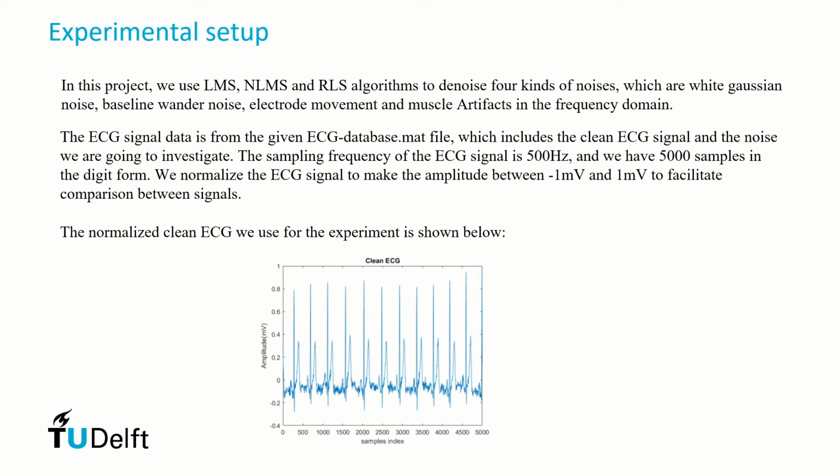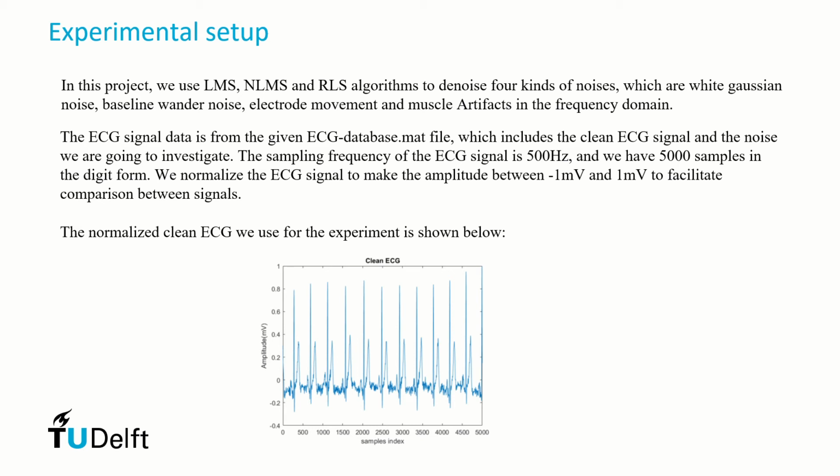Then let's come to the experimental setup. In this project, we use LMS, NLMS, and RLS algorithms to denoise four kinds of noises, which are white Gaussian noise, baseline wander, electrode movement, and muscle artifacts in the frequency domain. The ECG signal data is from the given ECG database.mat file, which includes the ECG signal and the noise we are going to investigate. The sampling frequency of the ECG signal is 500 Hz, and we have 5,000 samples in